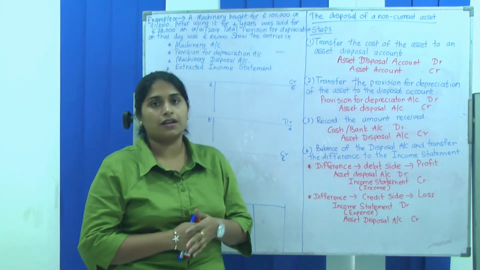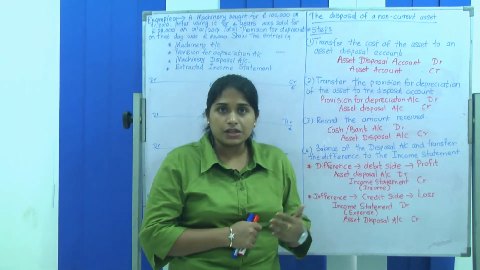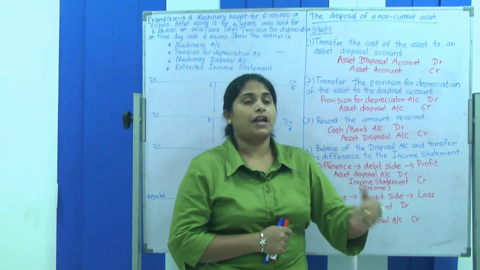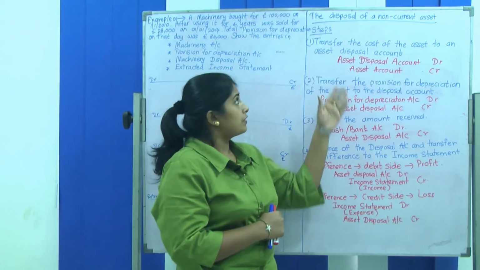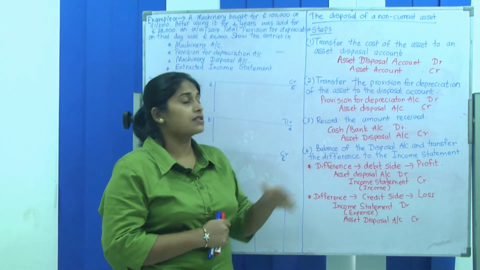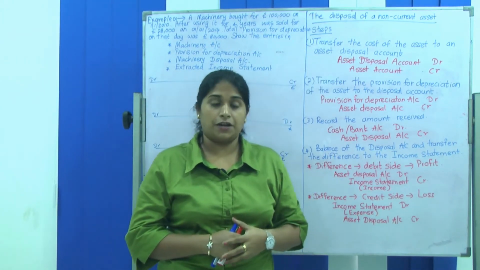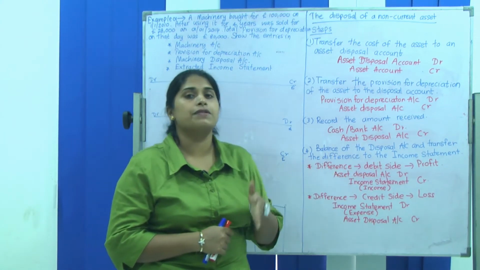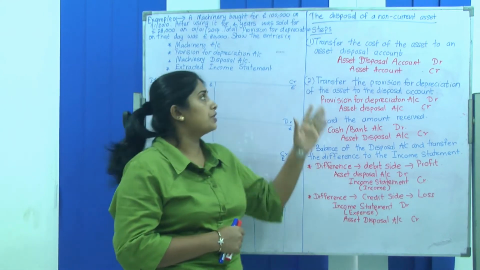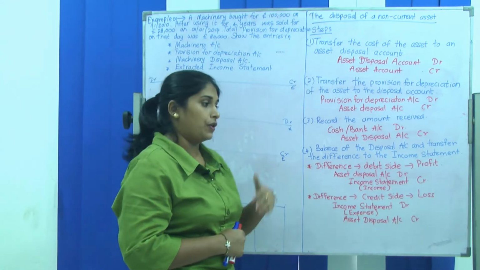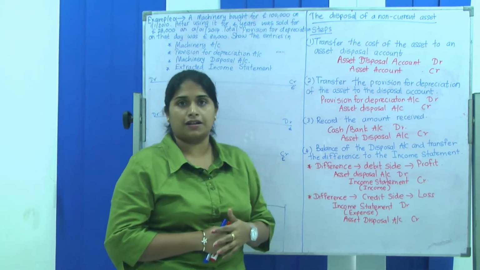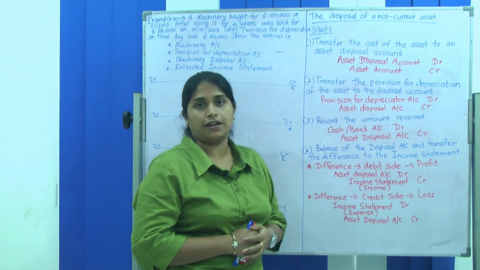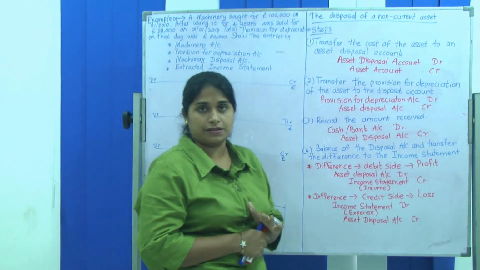So if you are hoping to use one of those non-current assets for several years, and after using it for several years you are going to sell it, then when you are selling the non-current asset, you have to first dispose of that non-current asset. That means you have to reduce it, you have to cancel that particular non-current asset from your business's books. So that is called the disposal of a non-current asset. When you are selling your particular non-current asset after using it for several years, you have to cancel that asset that you are selling from your business's books.